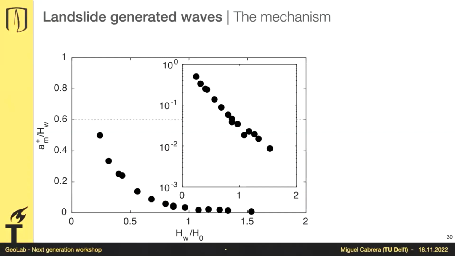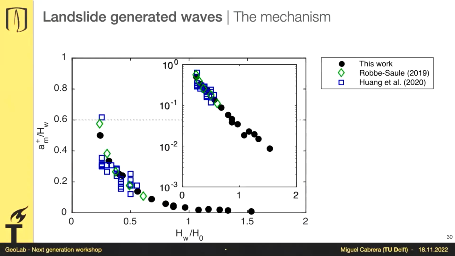But all experiments are wrong, but some are useful. And we said size does not matter. So we took other people's experiments and plotted them over our experimental data. These experiments are meter size, so they are relatively large and they were accepted to be okay. So if their observations are okay and coincide in this representation with ours, we can assume ours are also okay.